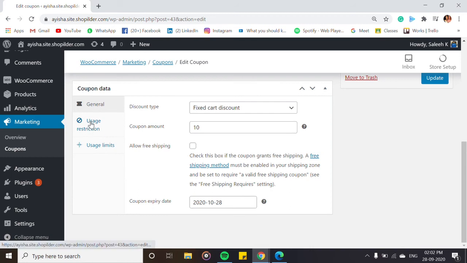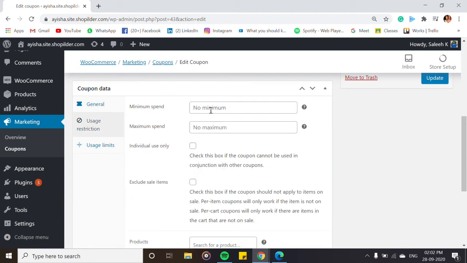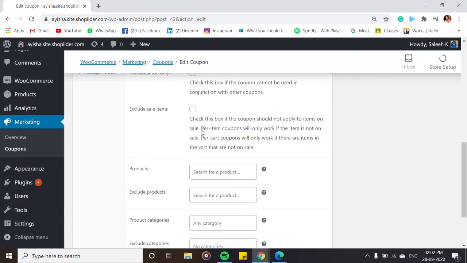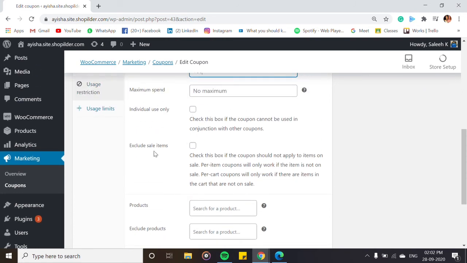Next you have to click on usage restriction. You set how many rupees customers must spend at minimum to avail this discount. Let's keep it at 100, and maximum spend is not important, but you can set it if you want to. Next, if you want to include or exclude items, you can do it here.